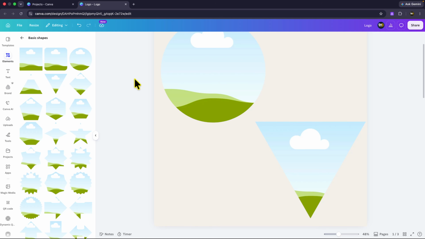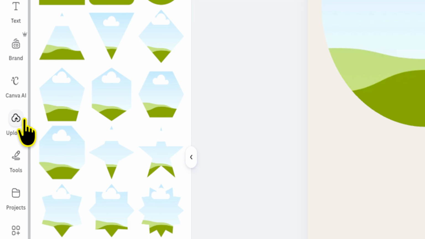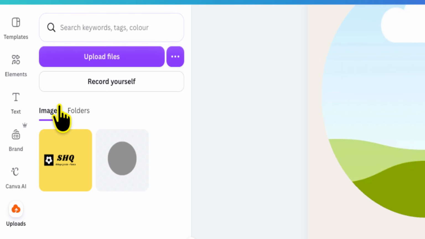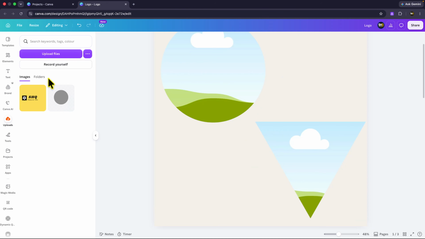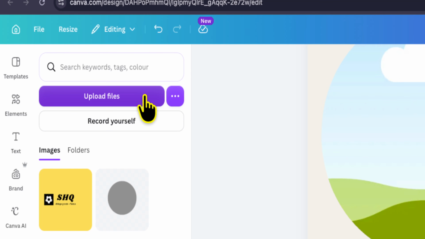you want to click on uploads in the left-hand column again. And within uploads, you will have all of the images that you have uploaded to your account. If you don't, however, see the image that you would like, or you've not yet uploaded it, simply click on